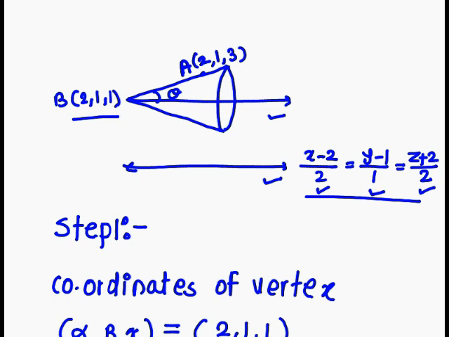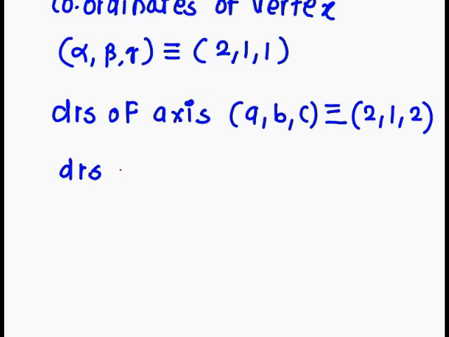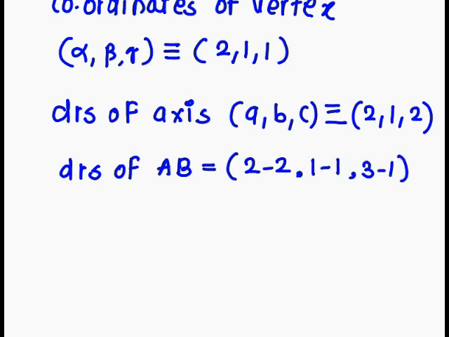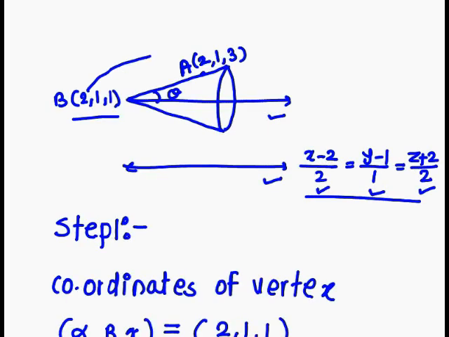To find the DRs of AB, we need to take the subtraction between the coordinates of A and B. So DRs of AB is equal to 2 minus 2, 1 minus 1, 3 minus 1. So here we take a subtraction between the coordinates. We get the DRs of AB,